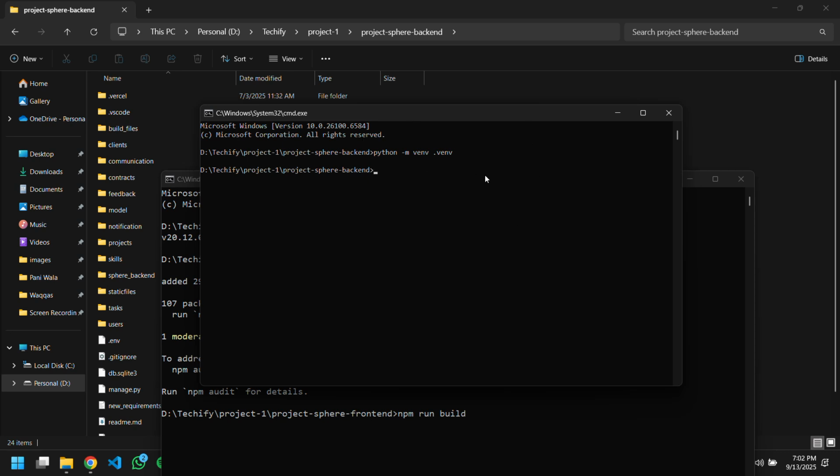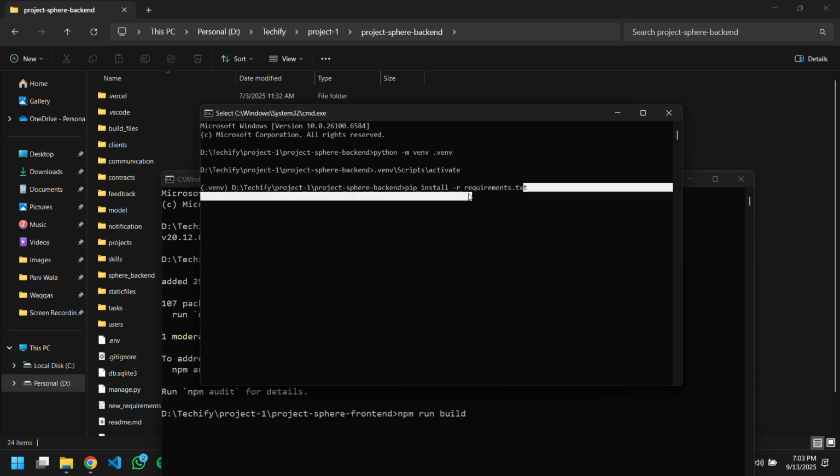And so our virtual environment was created. I must activate my virtual environment in the backend folder. In order to activate it, I'm just going to write the name of my virtual environment, .venv, a backslash, scripts, another backslash, activate. Now this has activated my virtual environment, and once I make sure that I'm currently in my virtual environment, I'm going to run pip install -r